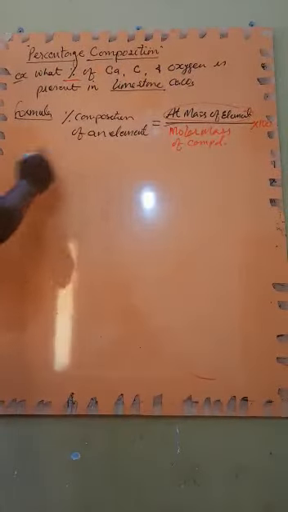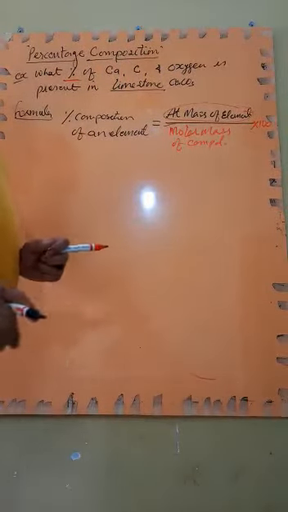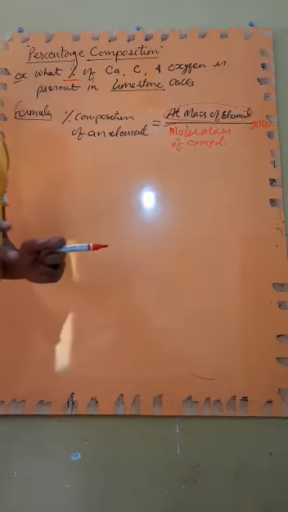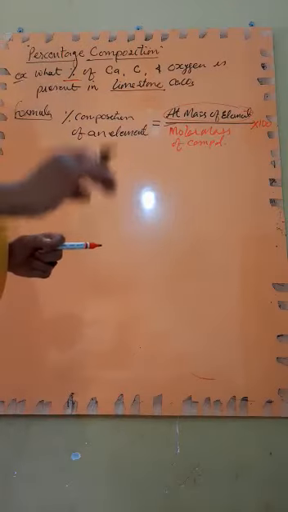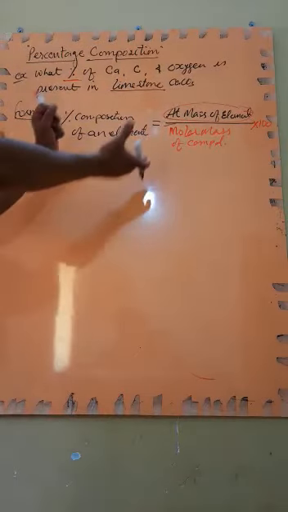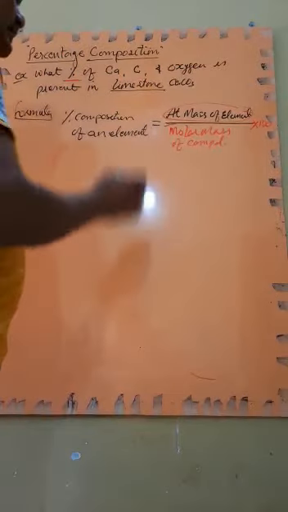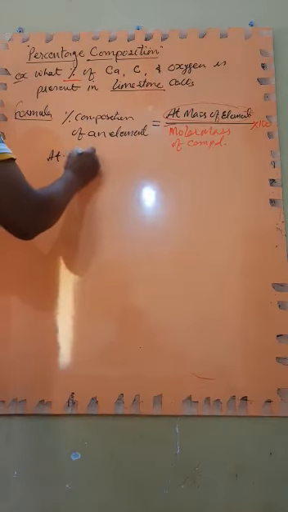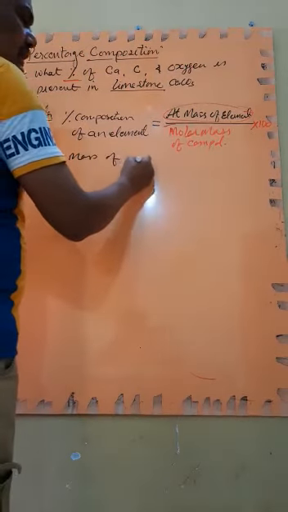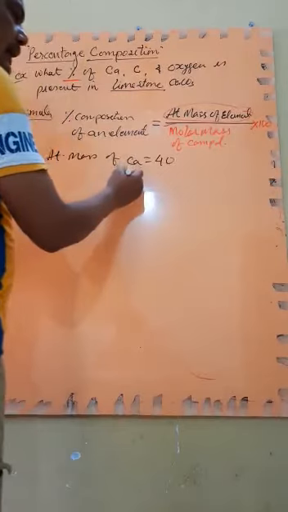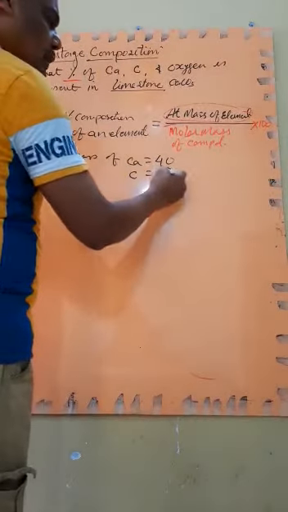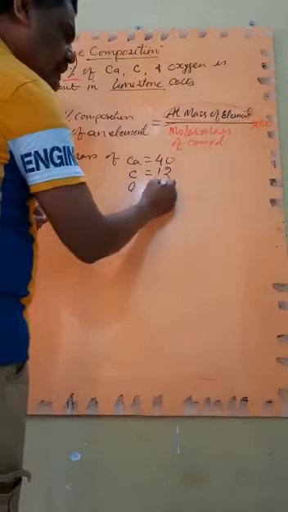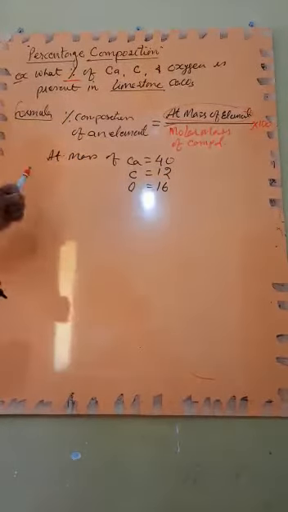Get it? So for that, in 10th class I told you, you must learn atomic numbers and atomic masses of at least up to 36 elements. Here we are going to utilize all this knowledge. Like here, the atomic mass of calcium is 40. The atomic mass of carbon is 12. The atomic mass of one atom of oxygen is 16. So this is the atomic mass.